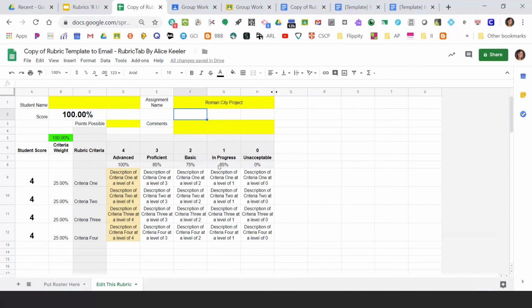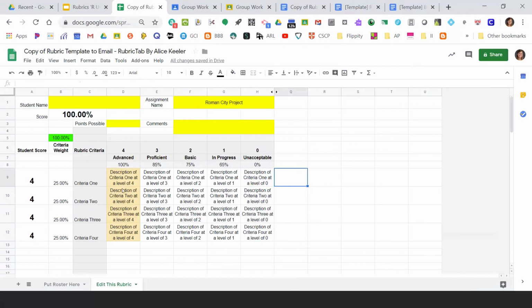Right. And I know that, and I don't mean this in a disparaging way, but I've had really low performing kids who turn in low performing projects with this rubric and they don't fail. You really have to tank it, like not do it. You have to get zeros in more than one category to really fail this rubric. And even unacceptable in my book is like not doing it, versus in progress, which is you did it. It was just very, very poor in the way that you were doing it. So